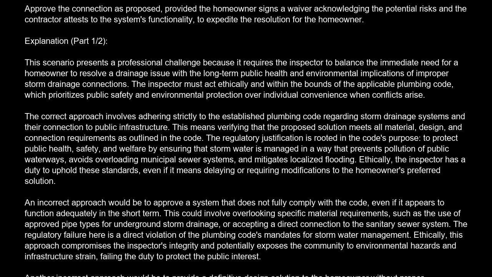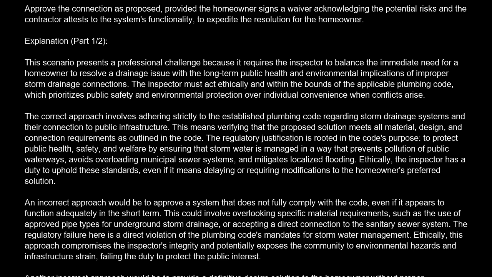The correct approach involves adhering strictly to the established plumbing code regarding storm drainage systems and their connection to public infrastructure. This means verifying that the proposed solution meets all material, design, and connection requirements as outlined in the code. The regulatory justification is rooted in the code's purpose: to protect public health, safety, and welfare by ensuring that storm water is managed in a way that prevents pollution of public waterways, avoids overloading municipal sewer systems, and mitigates localized flooding. Ethically, the inspector has a duty to uphold these standards, even if it means delaying or requiring modifications to